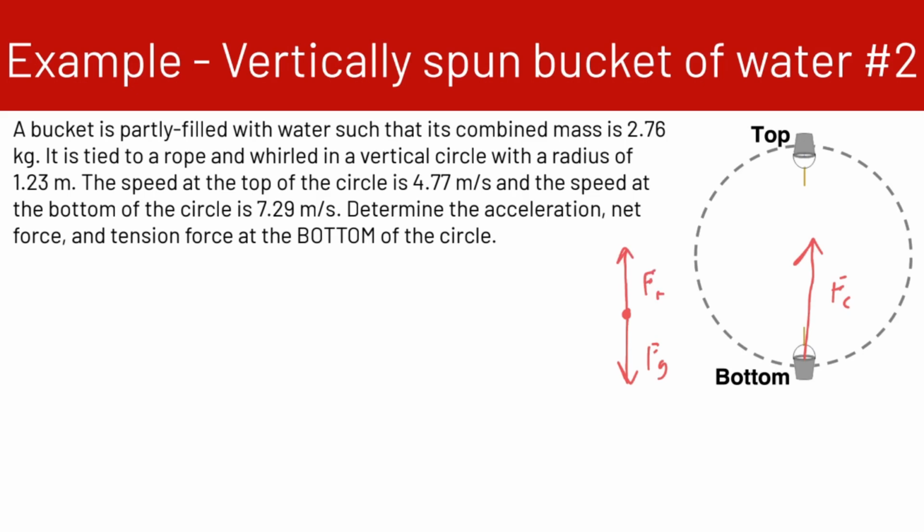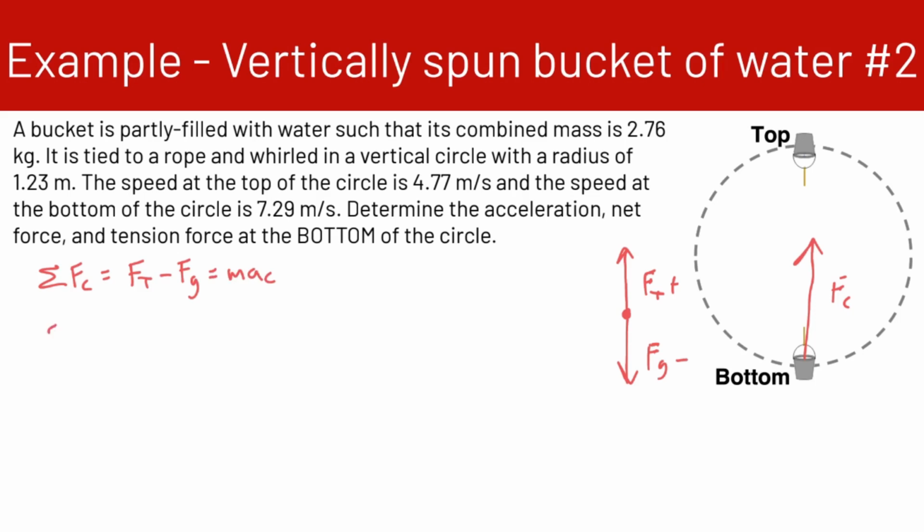Now our tension force is the positive force in this case because it's the force that's pointing in, and Fg is negative. So we have our sum of forces is equal to Ft minus Fg, and that's equal to m times